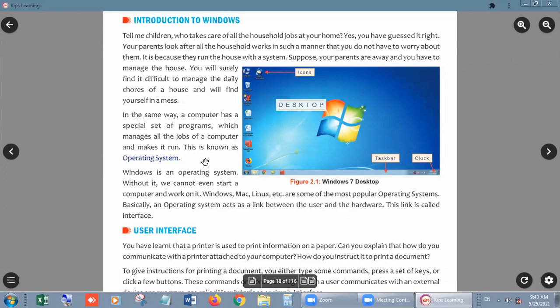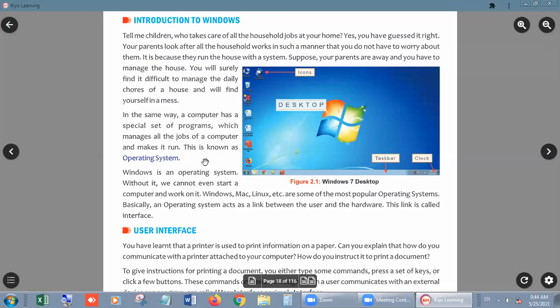Like your parents, they also manage a system at your home: when they will get up, when they will prepare a breakfast for you, when they iron your uniform, when they send you to the school, and after that lunch and then evening tea and at night dinner, everything they manage. In the same way, in computers, everything is managed by a program that is the operating system.